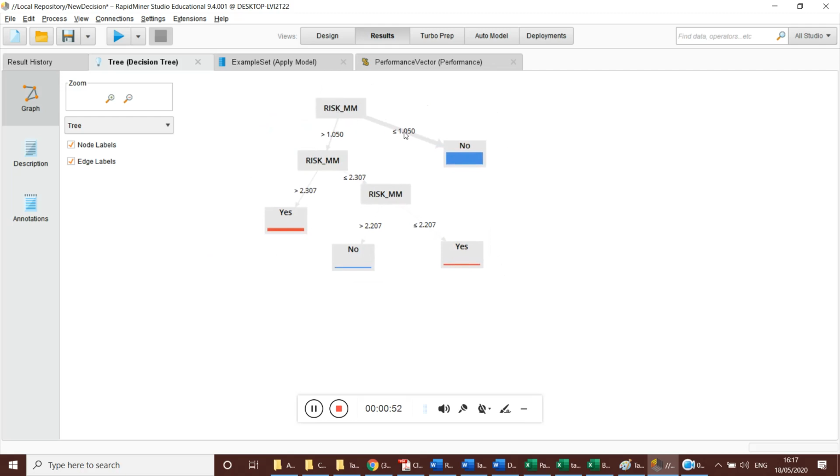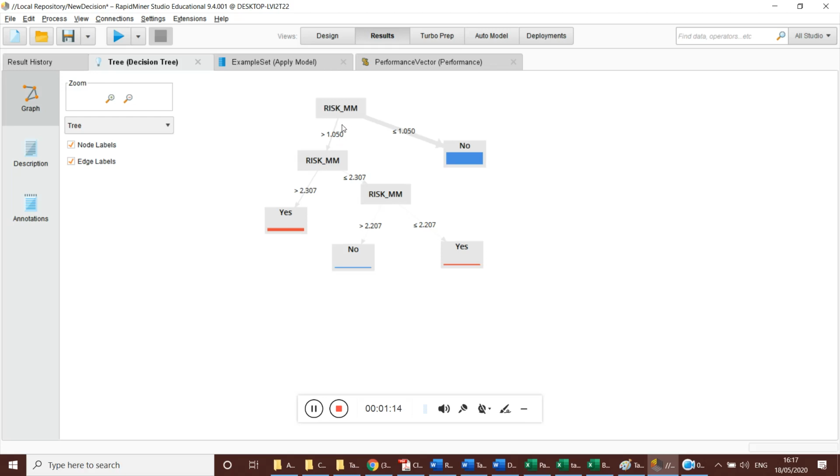But if the value is less than or equal to 1.0, you can confidently say that there will be no rain tomorrow. This decision rule says that when the RISK_MM value is less than 1.5, the possibility of raining is null. There will be no rain tomorrow.